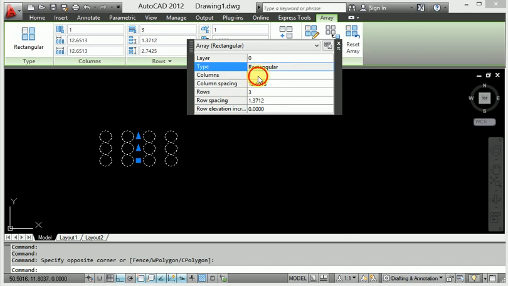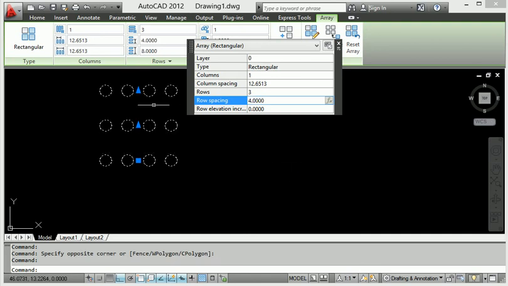So there are 3 columns, but the distance between them is very low, so I want the distance to be 4 mm. So the distance is changed. If you change the row or column distance, the number of distance is provided.